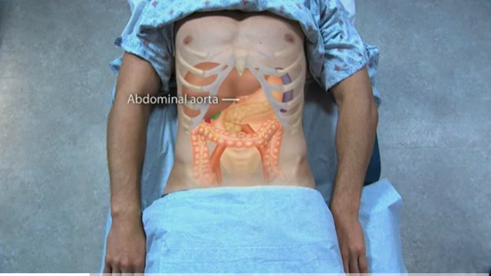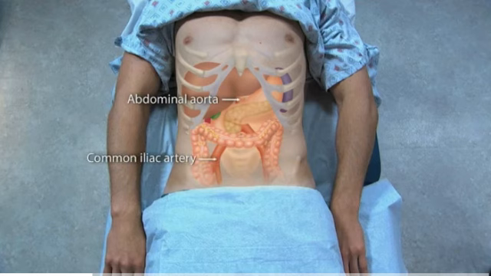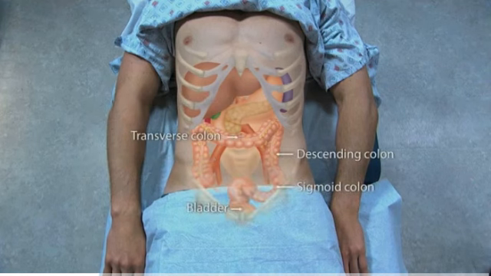The abdominal aorta, usually palpable in the upper abdomen, bifurcates into the common iliac arteries below the umbilicus. As the external iliac arteries pass under the inguinal ligaments, they become the femoral arteries. The intestines fill much of the abdomen. The sigmoid colon and portions of the transverse and descending colons may be palpable as tubular structures. Except for a pregnant or gravid uterus or a distended bladder, normal pelvic organs are not detectable through the abdominal